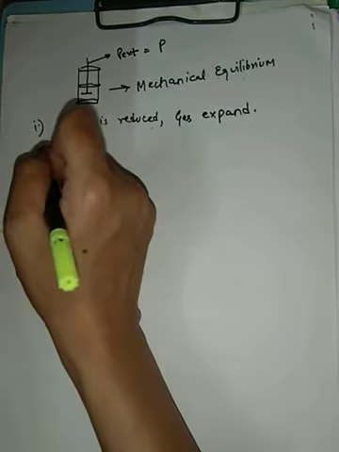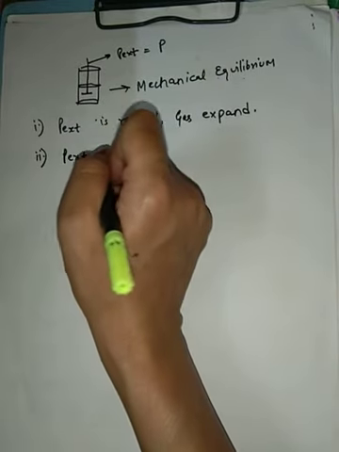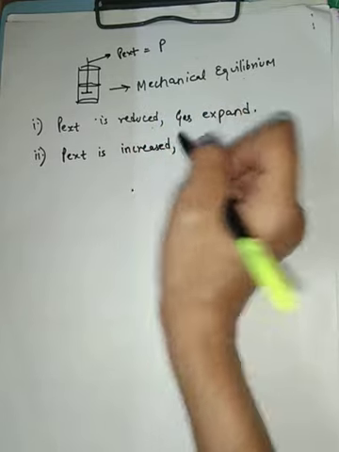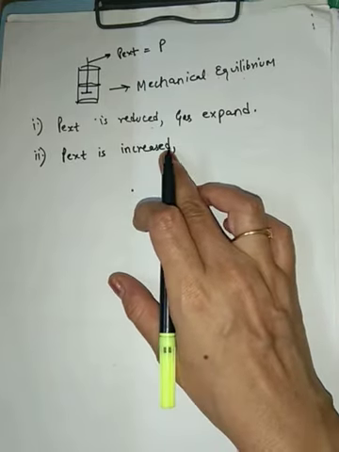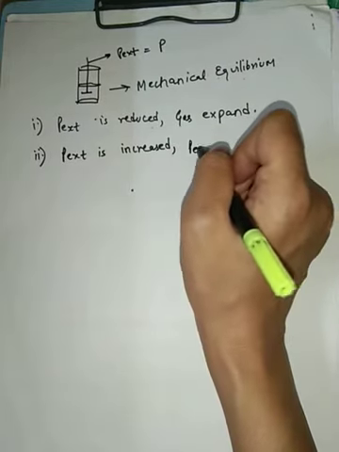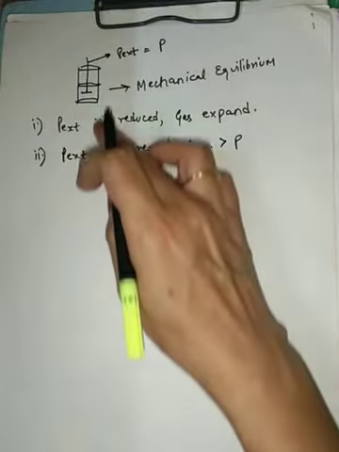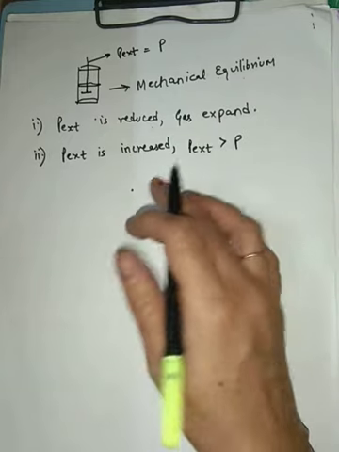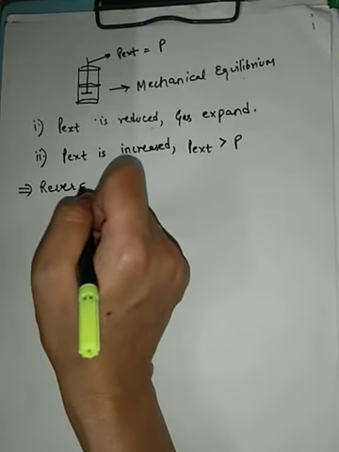Okay, what is another case? If your external pressure is, suppose, increased, second possibility क्या है? If the external pressure is increased, meaning your external pressure is more than pressure of the gas, it means that the piston will move down and compression of the gas will take place. Right. So here we define a reversible process after studying this.